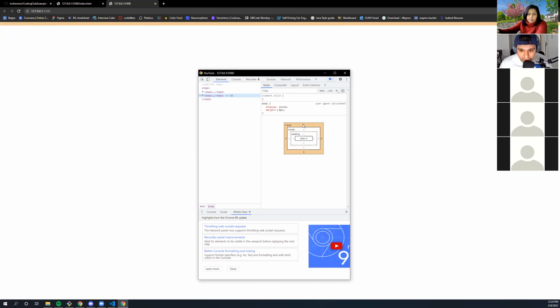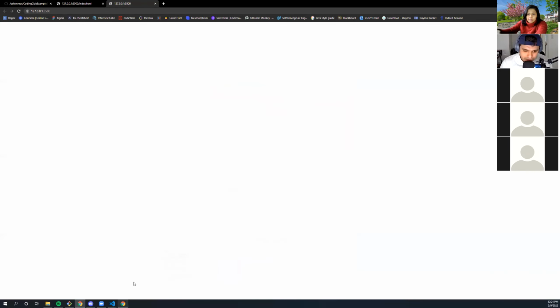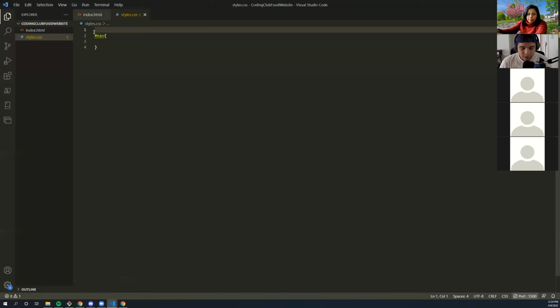If we come over to the right, we can see there's a margin of 8. So I don't want margin. I want my website to be wall to wall, side to side. So I'm going to write some quick CSS to take away my margin on the body.